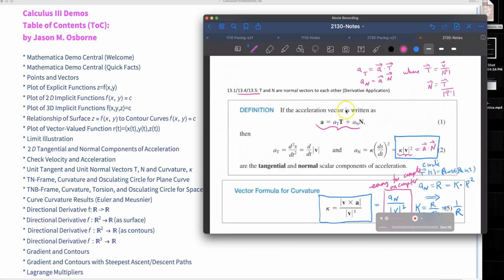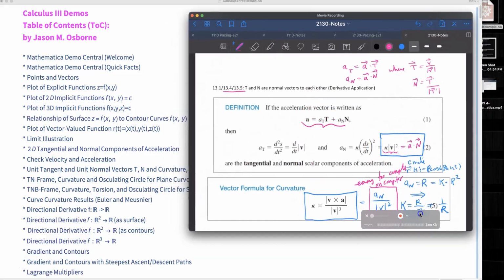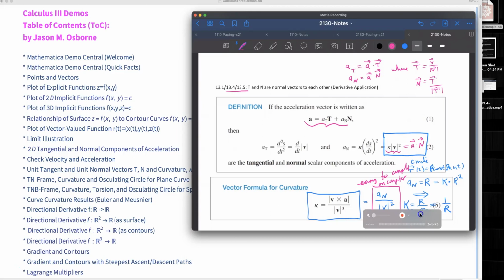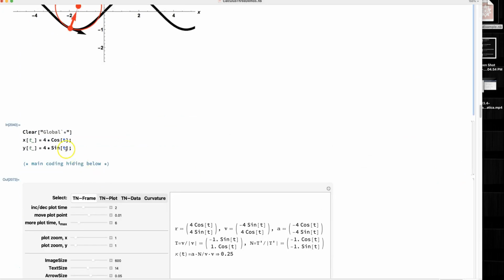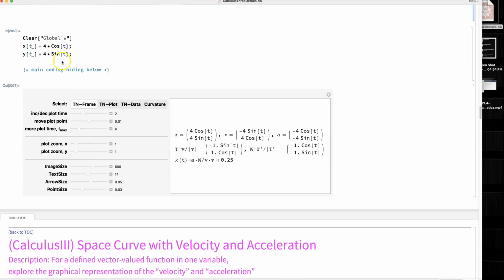In a previous video, we looked at how to code up the acceleration decomposition in Mathematica, and we looked at an example where the curvature of a circle is 1 over the radius of that circle. In the Mathematica demos for Calculus 3, we've got a lot of demos. We can see that there is a demo called T and N frame curvature oscillating circle for plane curve. Got a little demo set up here that if we were to put in specifically a circle of radius 4